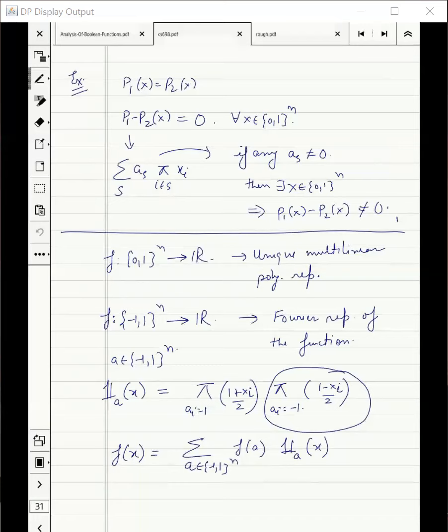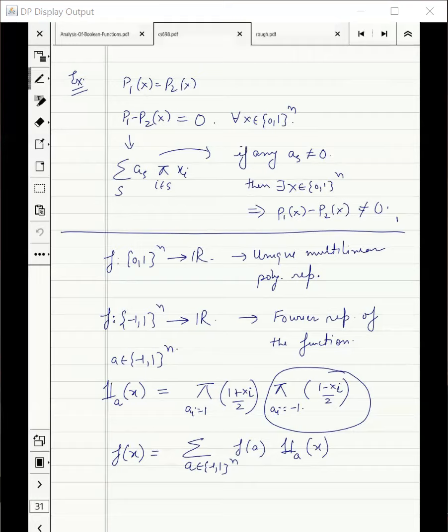I mean, we just forget the range to be -1, 1. We are doing it for the range to be real. And then obviously, even if your answer is -1, 1, that should agree because that is also a real number. Right? So I understand that since the domain is -1, 1, when the range is -1, 1, you might get confused. But the point here is that the output is a real number now. We are doing it as a real number, and as a real number, if it agrees, then whether its value is -1 or 1 is not going to matter.